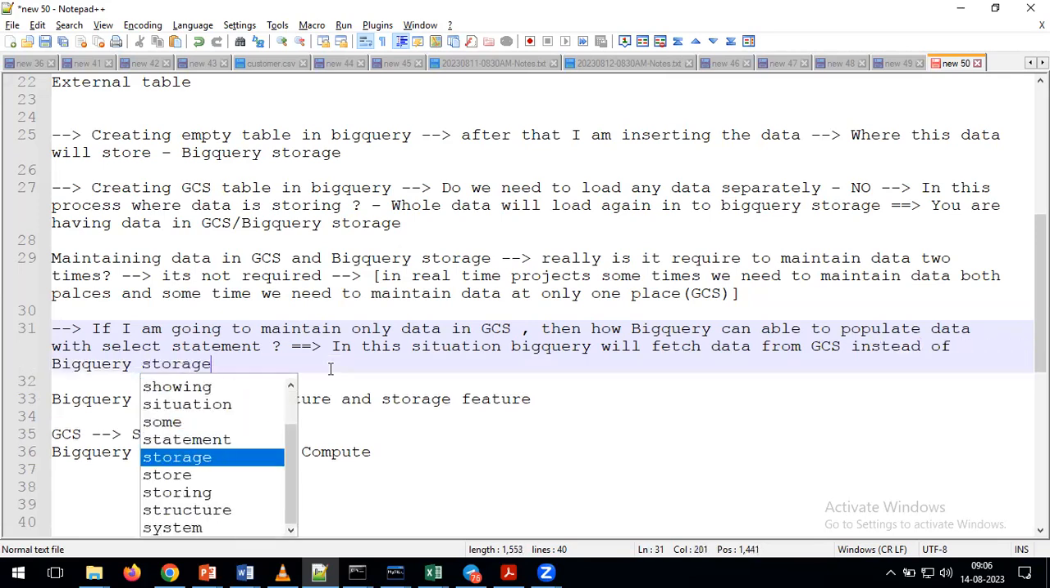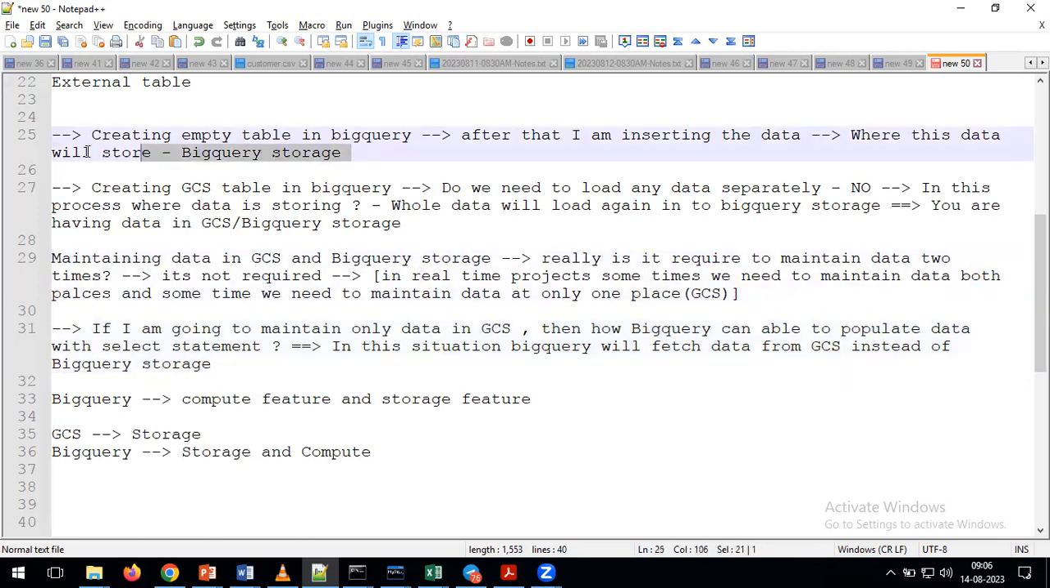So please try to understand each and every statement. Here we are creating the empty table. If you are going to create the empty table, do we have any data in the GCS? No. Whenever we create the empty table, data is loaded into the BigQuery storage. Whenever I give the select statement, from where is it fetching the data? From the BigQuery storage only, because here we are creating the empty table. For that reason, we don't have any other option,